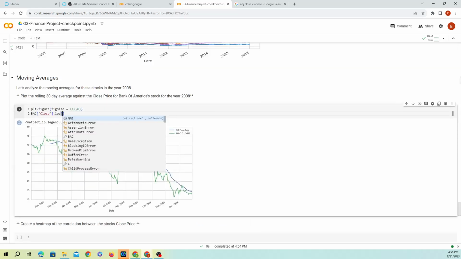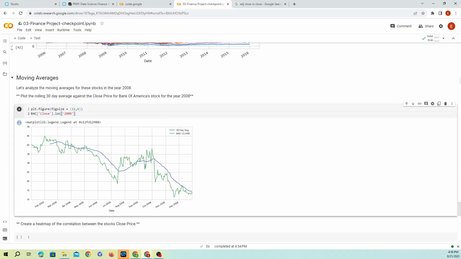In this case, we're just going to use the actual value on the index, which is 2008-01-01, and we're going to go all the way to 2009-01-01.